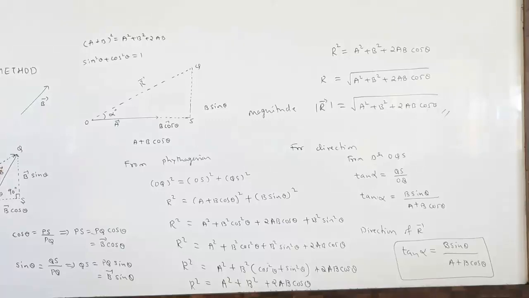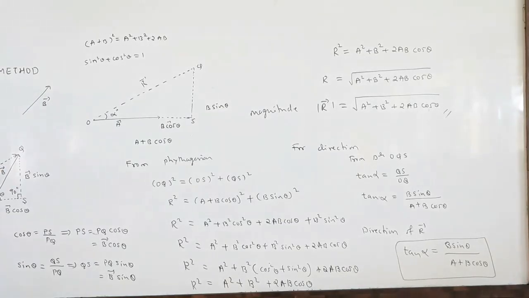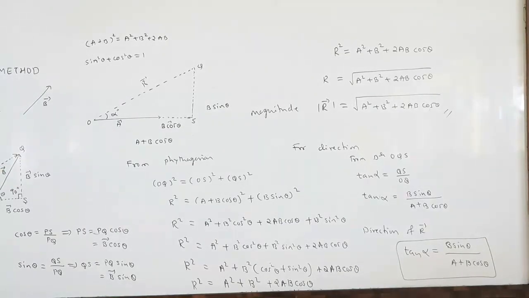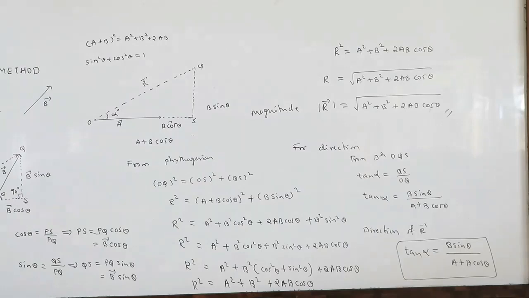So whenever they ask you to find the vector with the help of analytical method, you have to find both for vector R. First you have to find magnitude of vector R, that is square root of A square plus B square plus 2AB cos theta. Then you have to find direction as well. Direction means how much angle